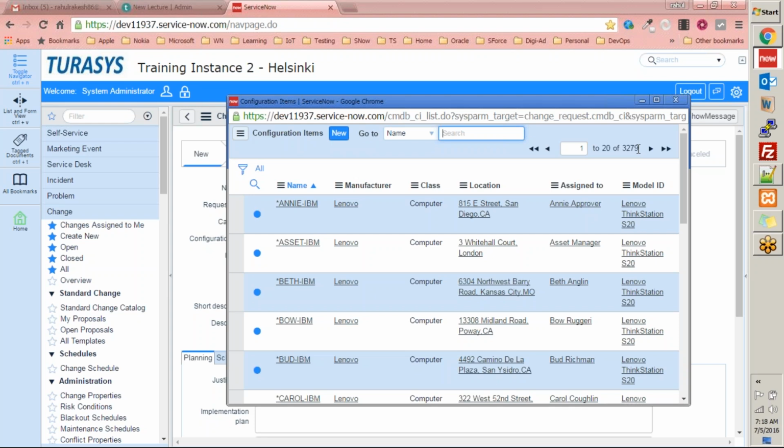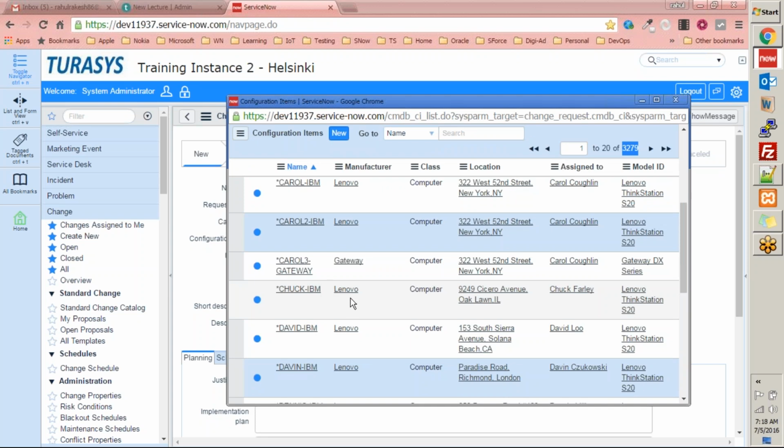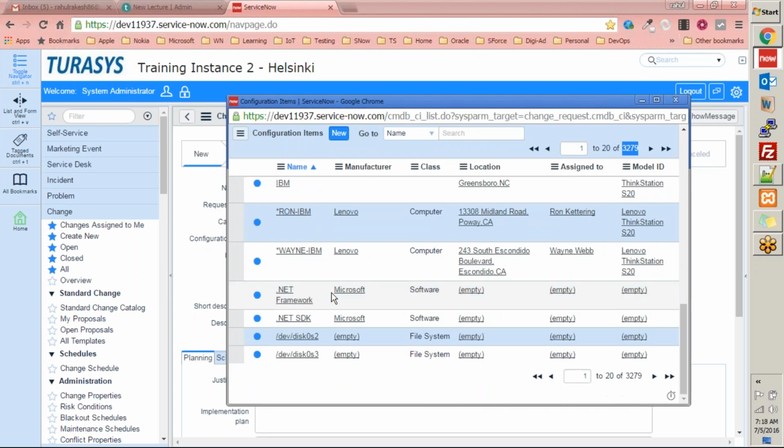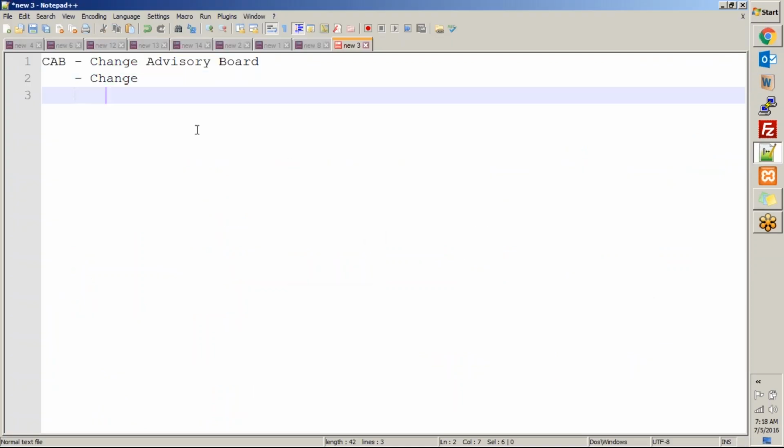CI database or CI table. Within this CI table right now I have 3,279 records. Some of these are servers, some are laptops, hardware, desktops, network drives, software, frameworks, etc. So everything is stored here in the configuration item database, and the table for this configuration item database is